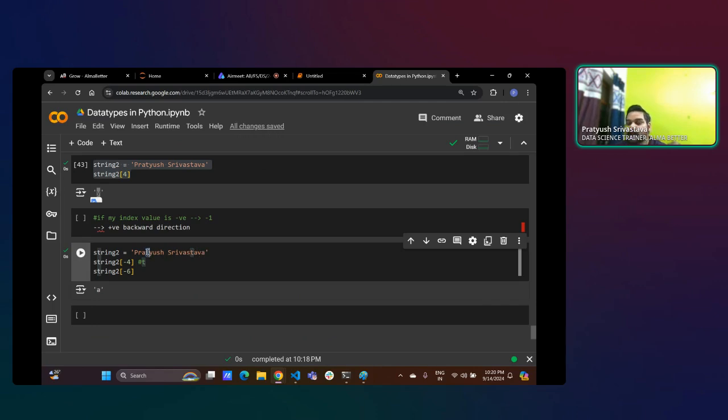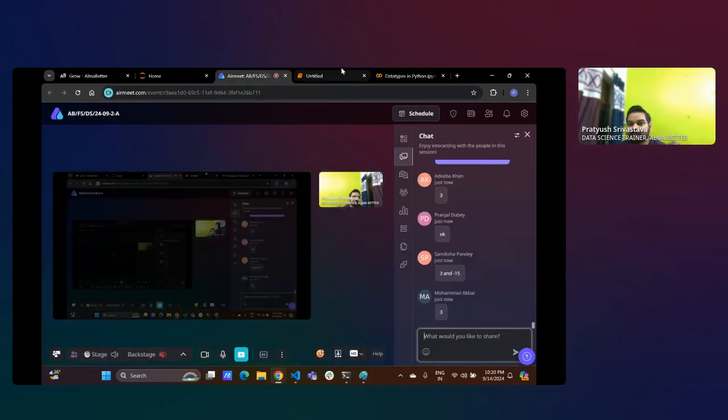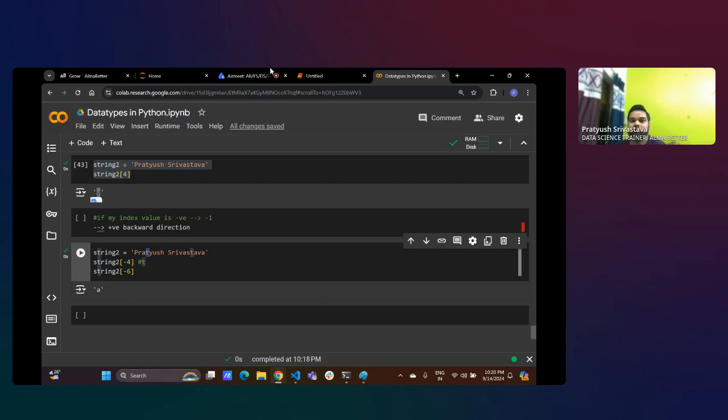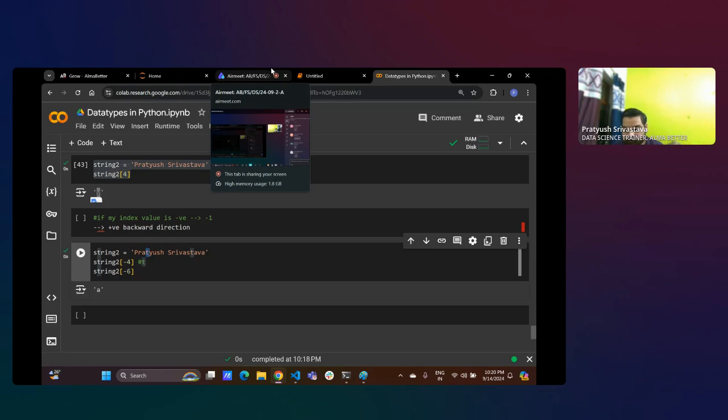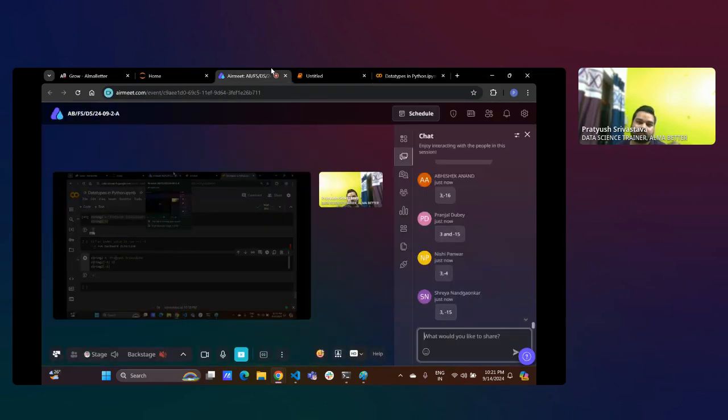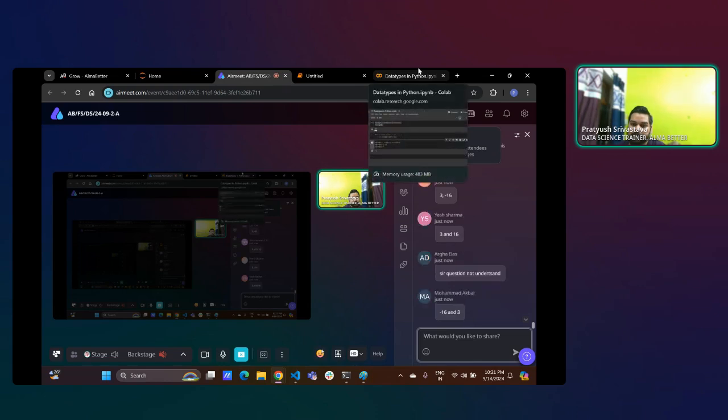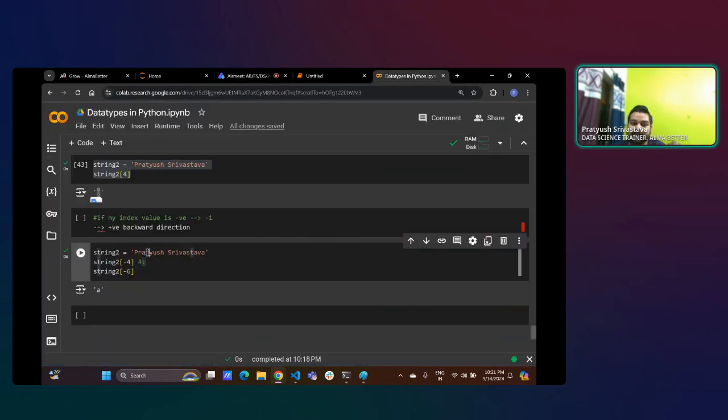With positive also I want this T. With negative also I want this T. Question is, I want to access this T. मुझे ये T एक्सेस करना है, पॉजिटिव इंडेक्स के थ्रू भी, नेगेटिव इंडेक्स के थ्रू, दोनों वे से इस T को एक्सेस करना।